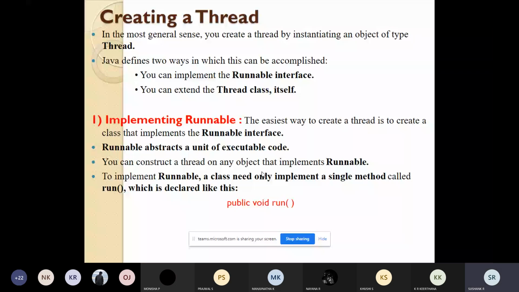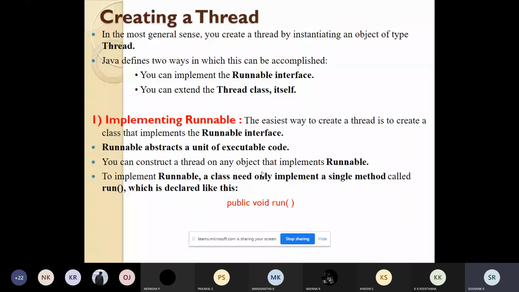So you can create a thread by implementing the interface called runnable. This runnable will contain a unit of executable code. Once this runnable interface is implemented, you can create a thread on the object which is implementing runnable.